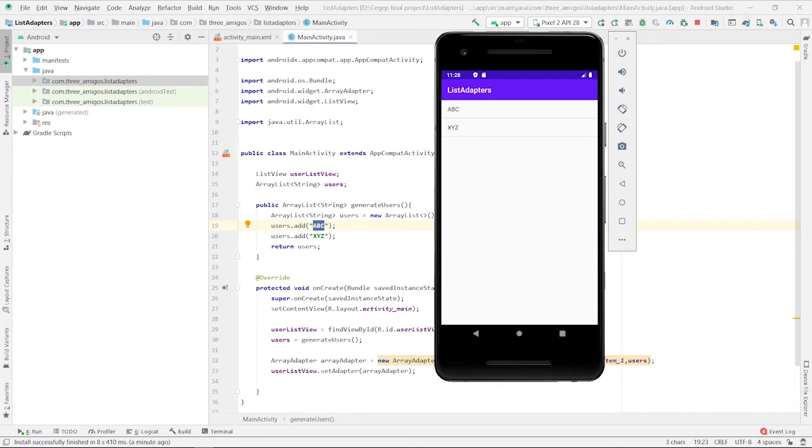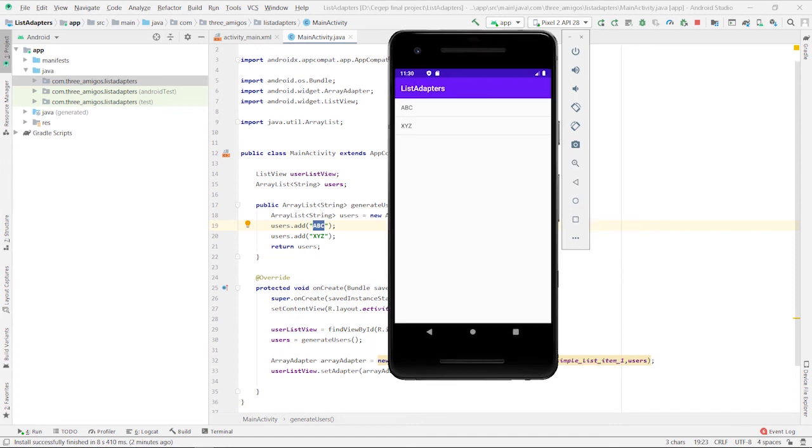consider the contacts list that you have on your phone. Usually the format is you have an image over here and the second part is a name. So you are actually dividing a row into an image view and then a text view. For such purposes we need to create our own template for each row and then create a custom adapter to accept that custom row in the list view.